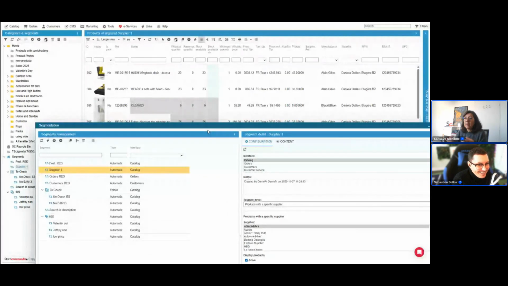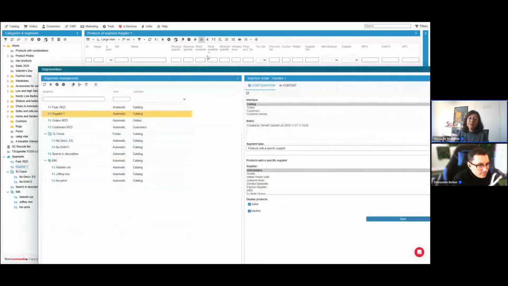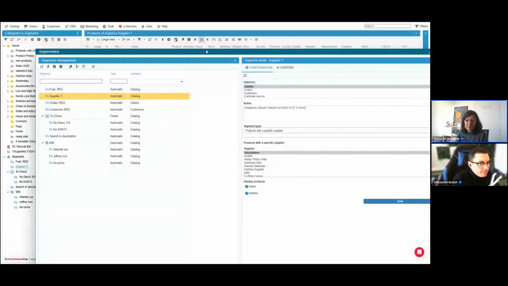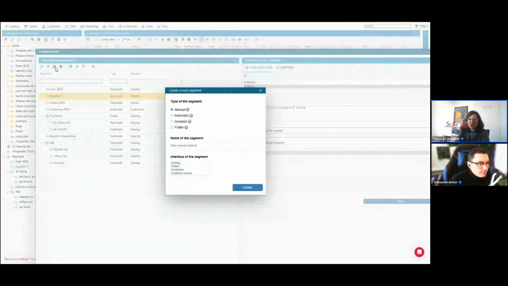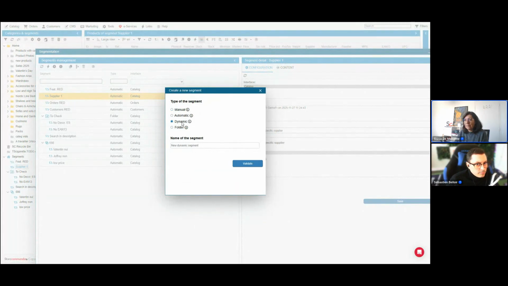You can create a segment with a specific manufacturer or a specific supplier. But we've added something to make it easier, because if you have loads of suppliers and loads of manufacturers and you want to have all of them, instead of making you create a segment one after another, if you have 10 or dozens of manufacturers, for example, we can create a segment structure with all your manufacturers or all your suppliers. They're called dynamic segments. So I'm going to put manufacturers.